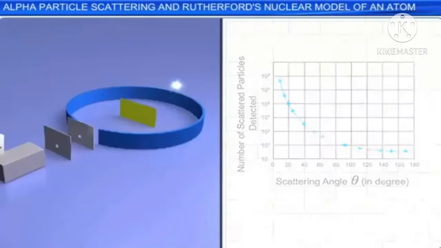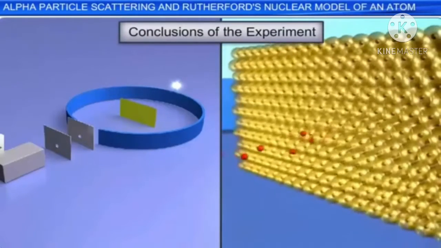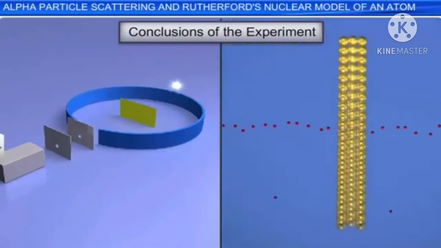Based on the data from the graph, Rutherford made the following conclusions. The number of particles for nearly zero angle of scattering was very large, indicating that most of them had passed almost straight through the gold foil. This implied that most of the atoms must have been empty. Out of all the incident alpha particles, only about 0.14% of the particles scattered by more than 1 degree. This was due to the fact that these particles passed close to the central part of the atom, which must